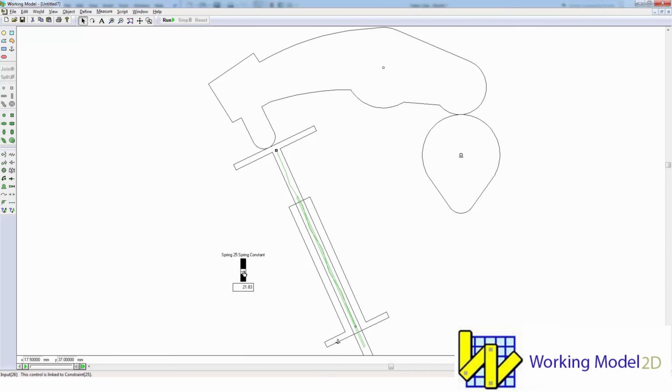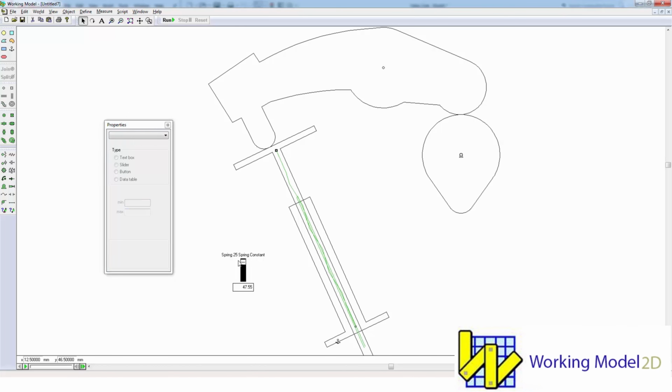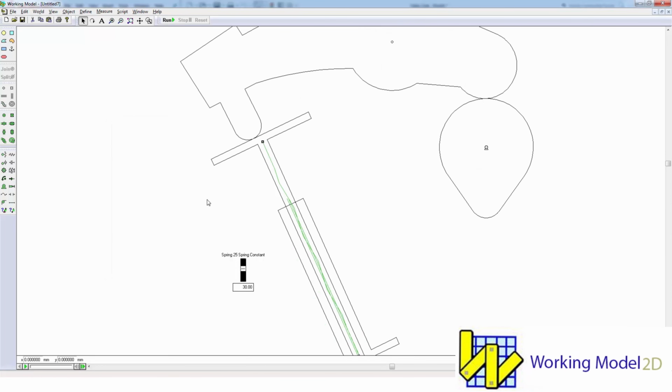Okay, so now if I move this, it didn't exactly give us 1 millimeter increments. I think because I had one, I need to include, that was supposed to be 49. Let's make that 49 and try that again. There, that looks better. So we have some arbitrary spring stiffness defined.